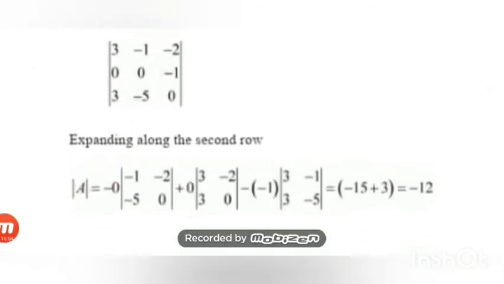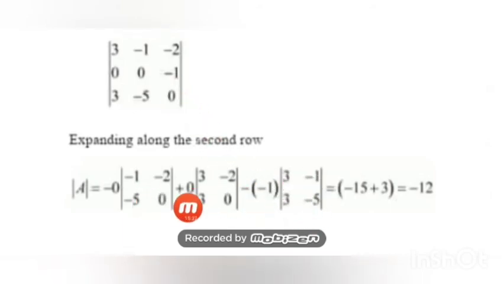So when I write down this 0, 0, you delete the row and the column, what is left? Minus 1, minus 2, minus 5, 0. This one is left. Then again, this is the 2, 2 position. The suffixes 2 and 2 add up to 4. Minus 1 to the power 4 is positive, so I'll have the positive symbol here. 0, delete the row and the column, what is left? 3, minus 2, 3, 0. This one. Then here minus 1, plus minus 1. Okay, this is negative, negative, negative, plus.